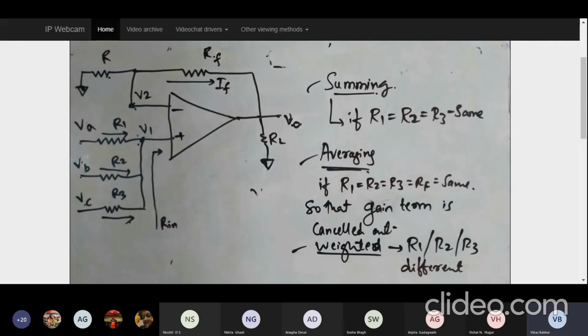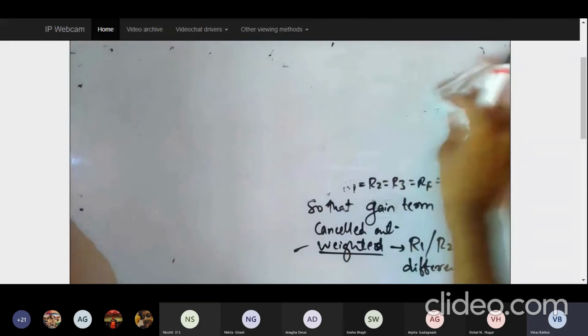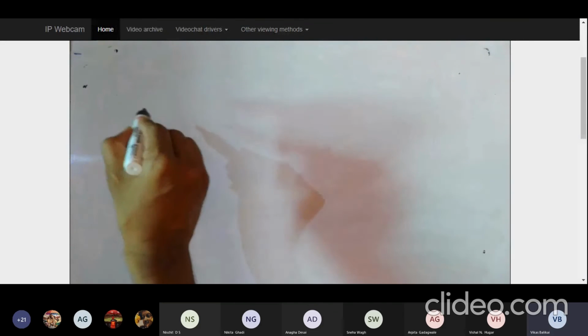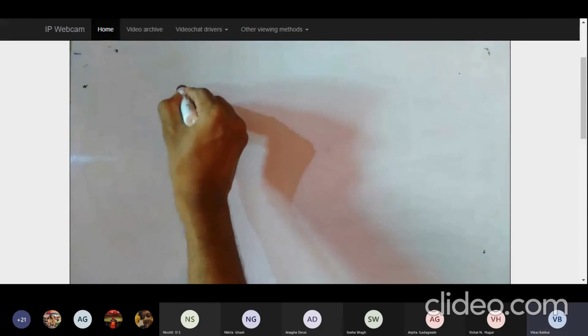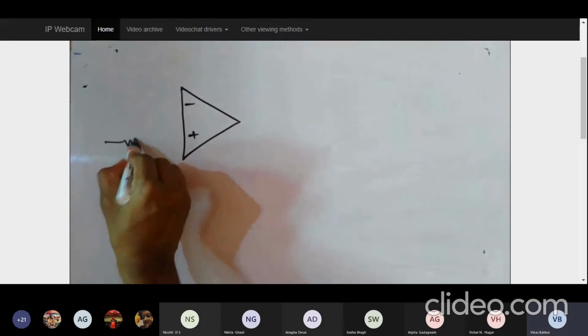So now let's move into the next one, which is your subtractor, sometimes also called the difference amplifier. In order to obtain the equation, or to find how your op-amp can work as a subtractor, I need to change this entire circuit. My circuit would look something wherein I'll be subtracting the two voltages. To subtract two voltages, I'll be using both configurations that are available to me, that is, both inverting as well as non-inverting configurations. So this is how the circuit goes.